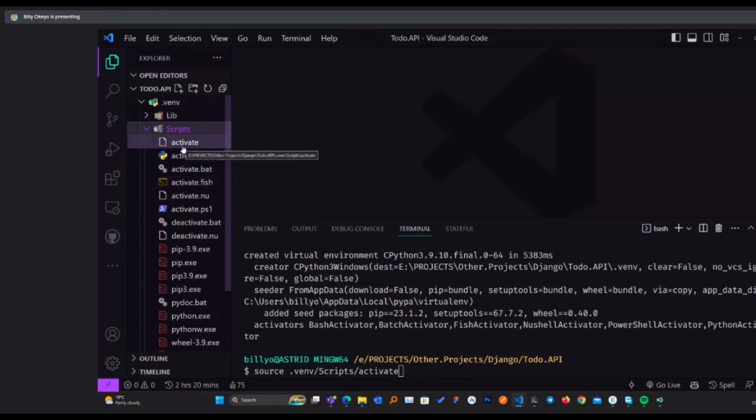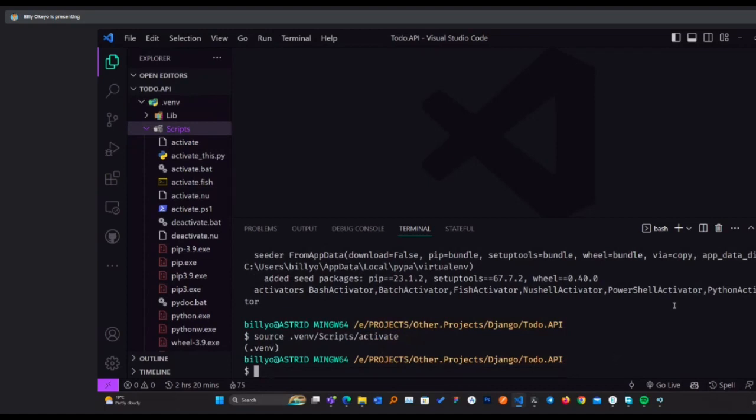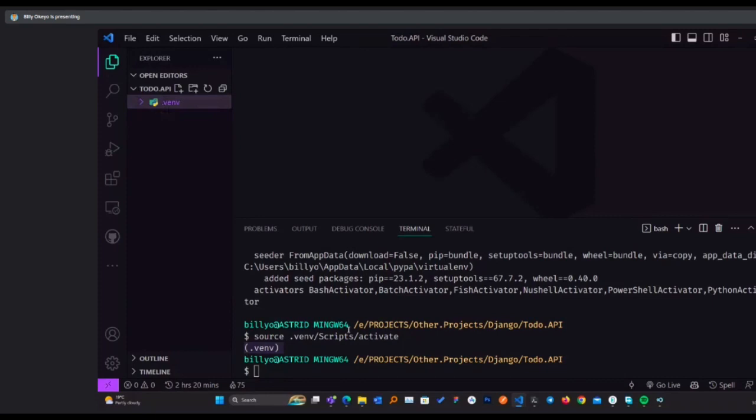If you are on Linux, it might be slightly different. You'll have the .venv environment which you've created, but instead of Scripts, you'll have a bin folder. So where I have Scripts, you'll have bin, then activate. After activating, if you're using bash as your terminal, or rather something that's not CMD or PowerShell, you'll be able to see if the environment is selected. In my case, I'll be able to see the .venv here. That tells me that the environment is already activated.